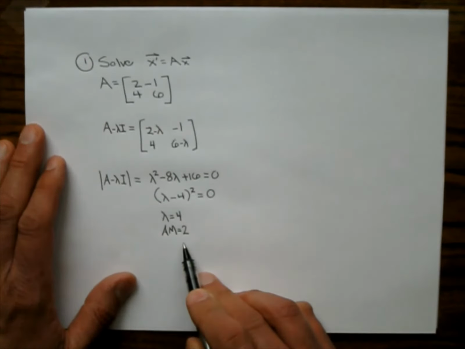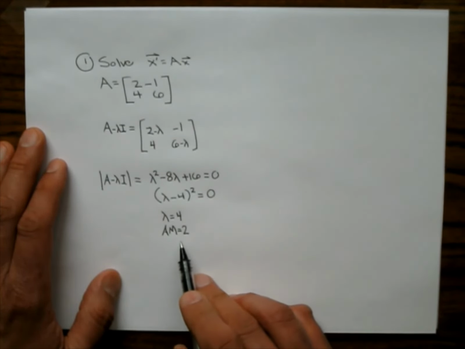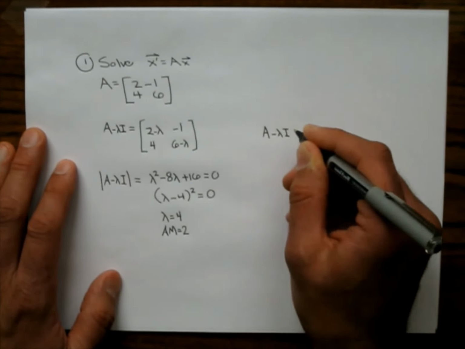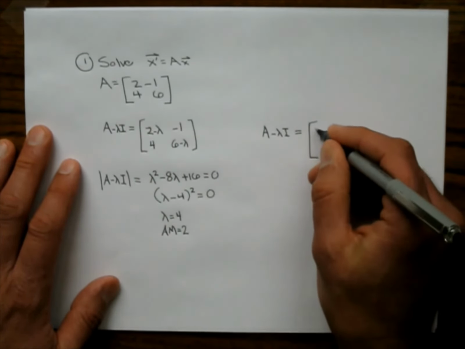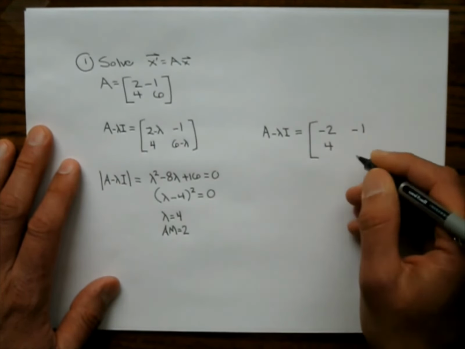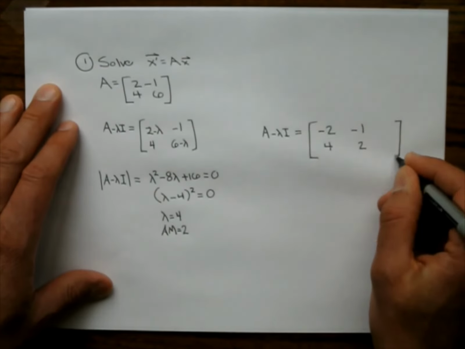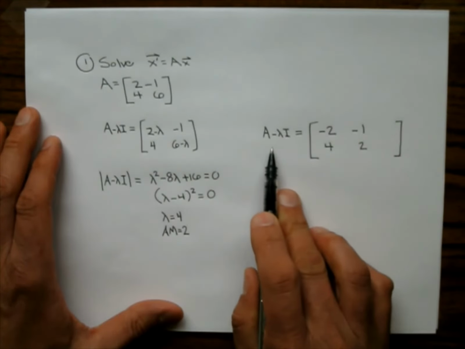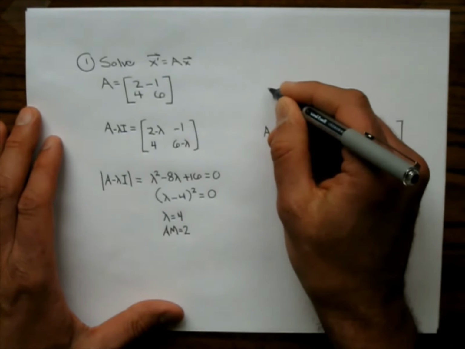I'm going to go ahead and find the eigenvectors. How do I find the eigenvectors? Well, what I usually do is I go ahead and write out A minus lambda I, and I'm going to plug a 4 in there. So this gives me negative 2, negative 1, 4, and then we have 6 minus 4, which is 2. Now I'm going to write things out a little more officially than I was writing things out. When I do this, I always put red dots there. When I first did it, I didn't do that. What I'm really doing